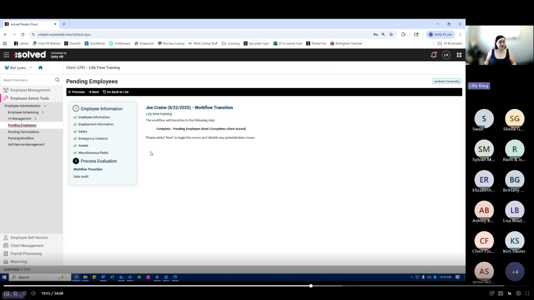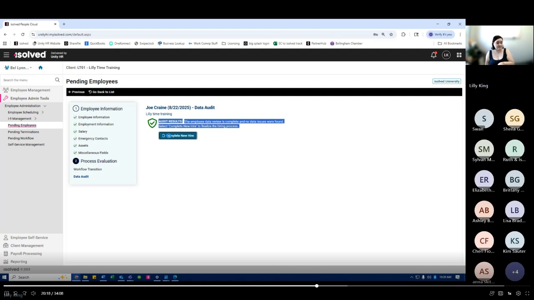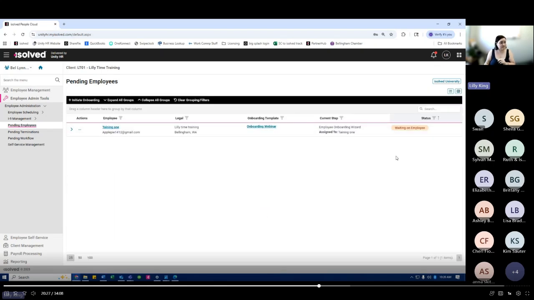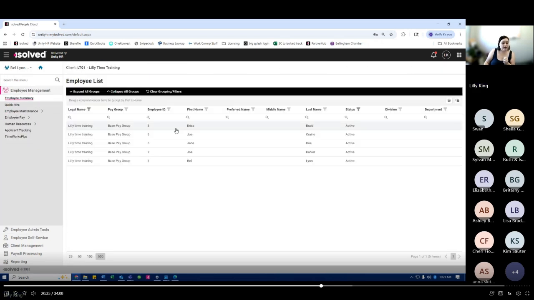And now we're in the process evaluation. This is making sure we didn't miss any steps and got everything filled out. We click next, and it's going to have us run an audit. Looks like the audit results came back positive, so we can complete the new hire. Once it loads for a moment, you can go back to pending employees, and look, he's gone. He's officially in the system. We can show that by going up here to employee summary. And there he is, active status. He is officially an active